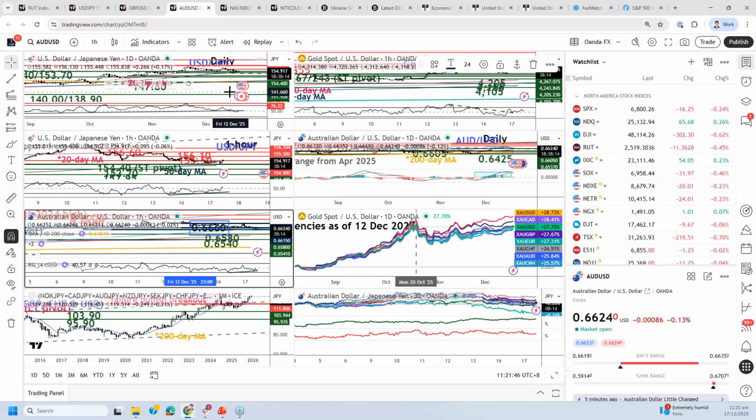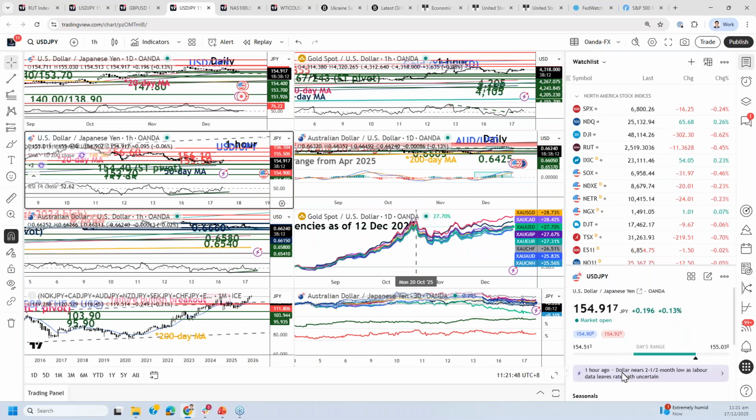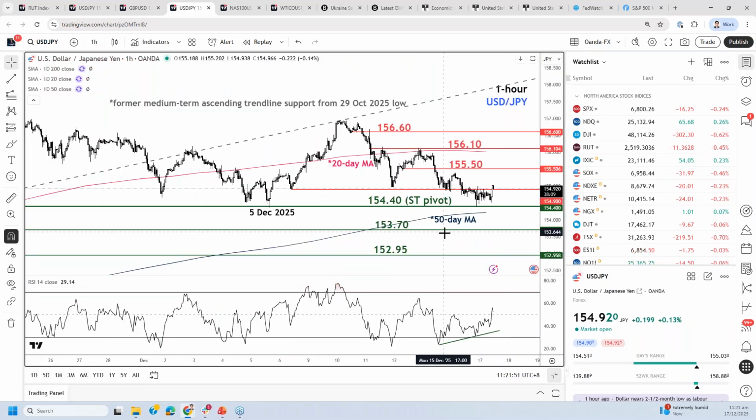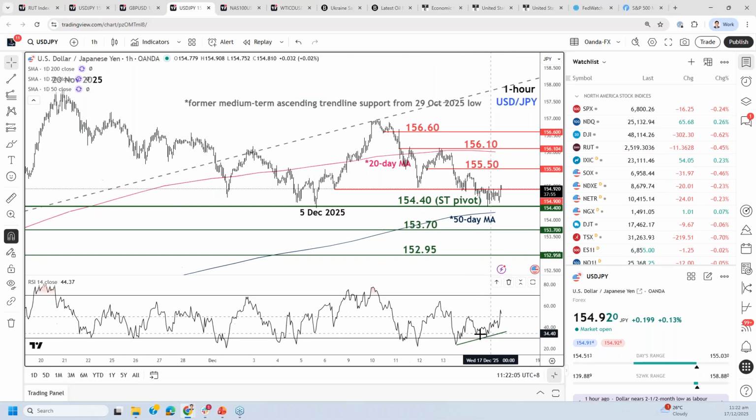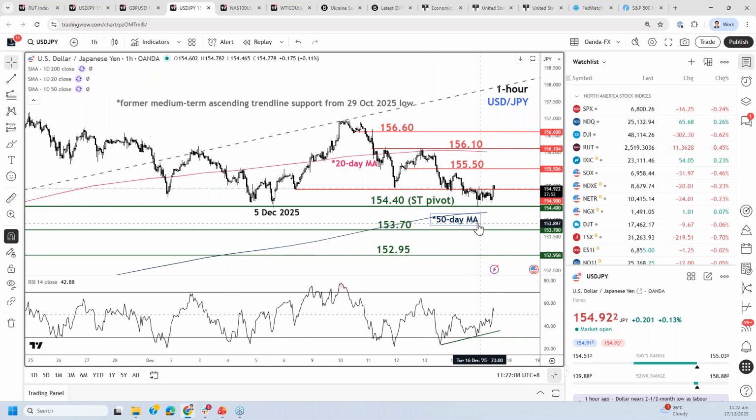Next up will be the dollar yen over here. The dollar yen hit our support level at 154.40 yesterday during the US session, but then tumbled below 154.40 to hit the second support at 153.70. And what's interesting over here, it starts to shape a bullish divergence on the hourly RSI. So also bear in mind that there could be some form of mean reversion rebound on the dollar yen. Both the dollar yen and the euro dollar technical charts in the short term are showing some form of intraday dollar recovery coming into play today.